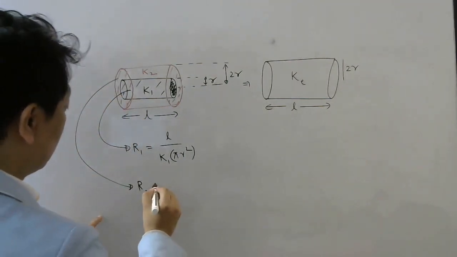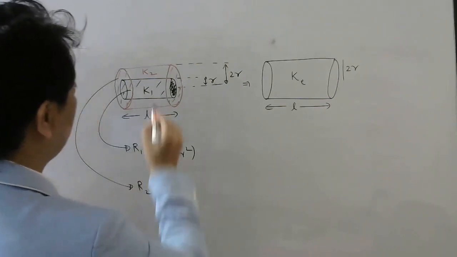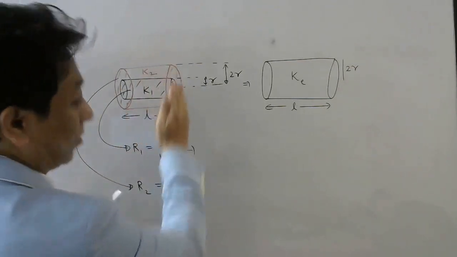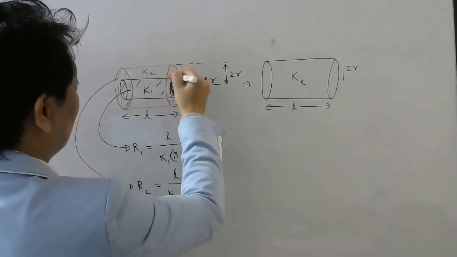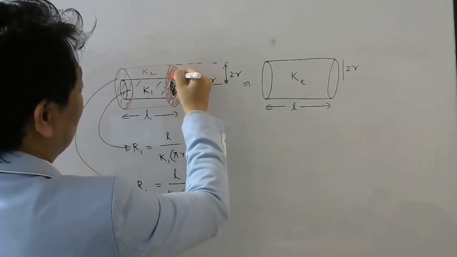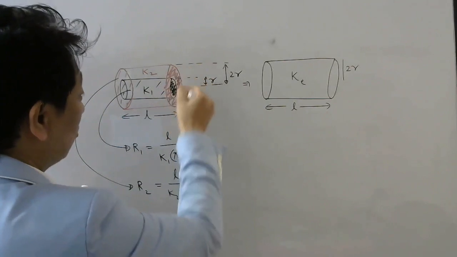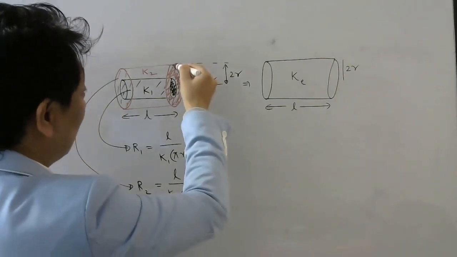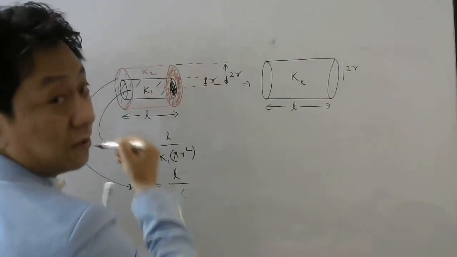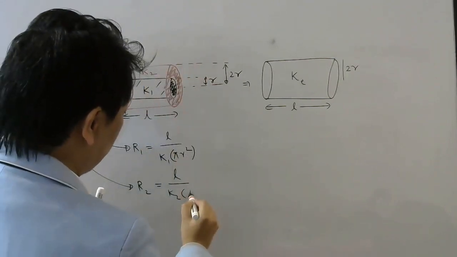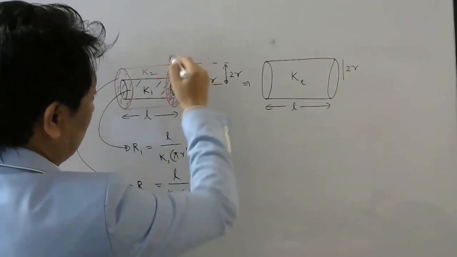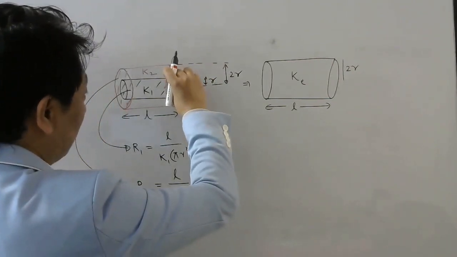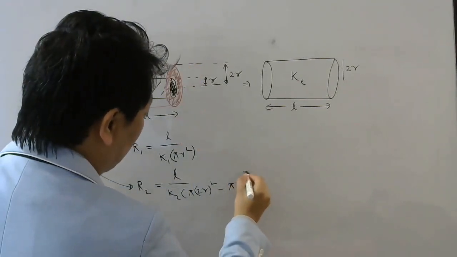So that will have resistance, length is L only, thermal conductivity of the outer one is K2. Now for the area, you have to be careful, don't use the total area, because we have to only include this material's resistance, only this part. So how to find the outer area? Subtract the small area from the total area. So the total area of the big circle will be pi, radius of the big circle is 2r, so pi (2r) square minus pi, radius of the small circle here, r square.